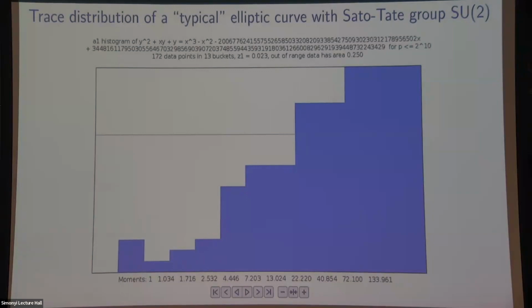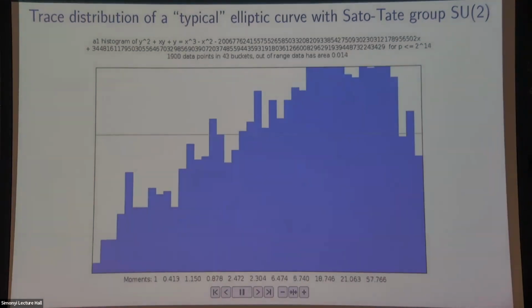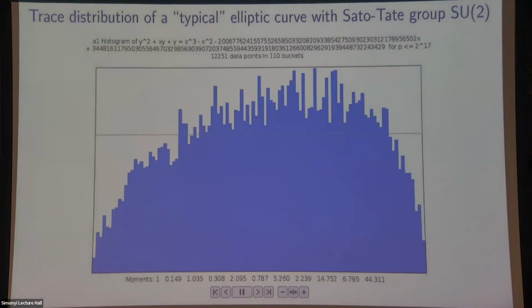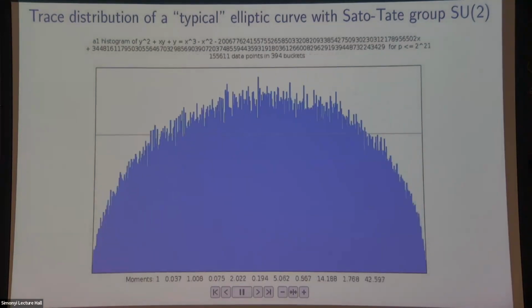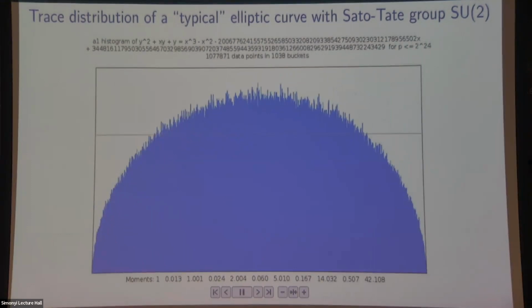You should expect an excess of points at small primes if you've got rank 28, because you've got 28 rational points. You can reduce them mod p, and they're all going to be rational points mod p. But let's see what happens if I can manage to click this. In each frame of this animation, I'm sampling more and more Frobenius traces. The sample size is doubling roughly in each frame, so the bound on p is increasing with powers of 2, and I'm computing the a_p for all the primes p up to that bound.